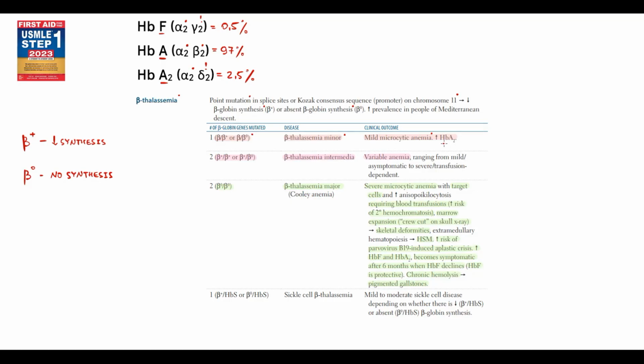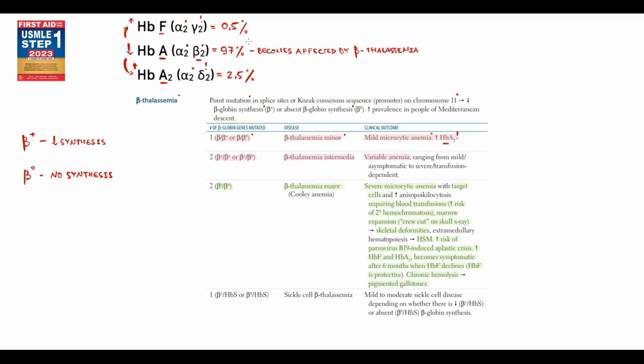Why is the level of hemoglobin A2 increased? The point is that beta-globin chains are the structural components of just hemoglobin A. So if beta-globin chains production decreases, hemoglobin A decreases. But other forms of hemoglobin, such as hemoglobin A2 or hemoglobin F, do not have beta chains. So their level remains the same, and moreover, we can increase the production of hemoglobin A2, for example, to compensate decrease in production of